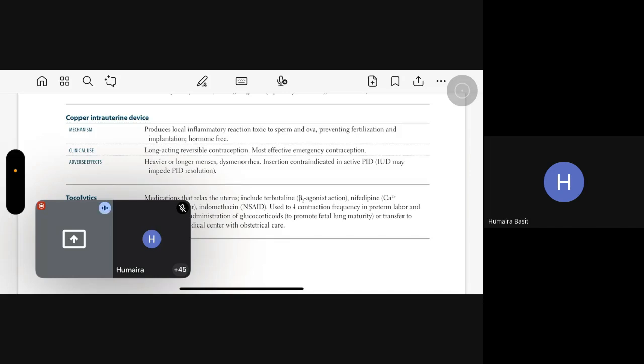So if the uterine fibroids are submucosal or submural, because they are present in the endometrium or in the myometrium, then you cannot give copper IUD, because they will protrude through the uterine cavity, and they will cause the IUD to